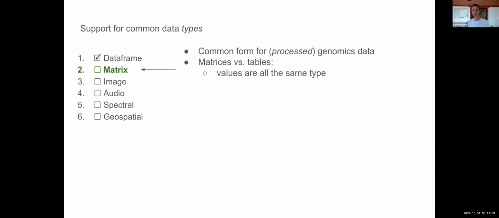But the differences are, for matrix data, in the kinds that I typically encounter, the values are all the same type, often numeric. And then the features can be different instances of the same thing. So if you have a table in econ or a survey data set, right? You might have your features or your columns be different variables, and some might be categorical, some are numeric, some are binary, and so on. But they could represent very different things. With a lot of the bio and genomics data, they're like multiple instances of the same thing. So different genes, for example.